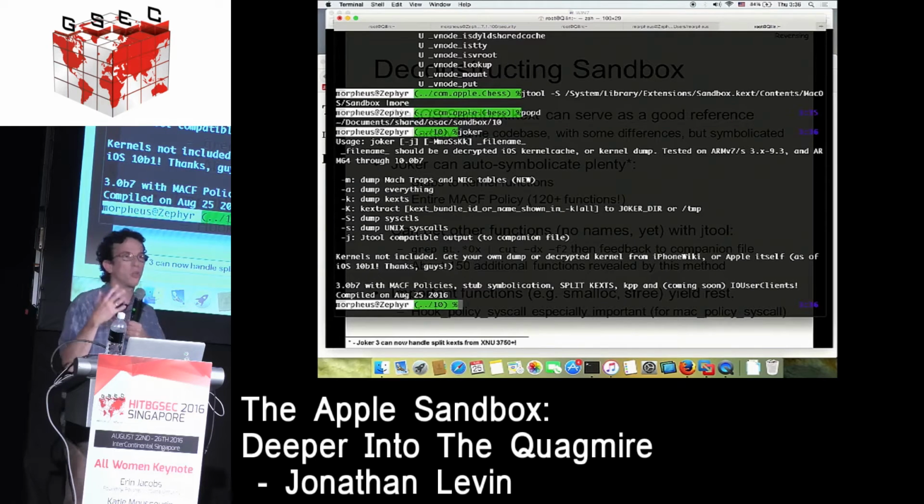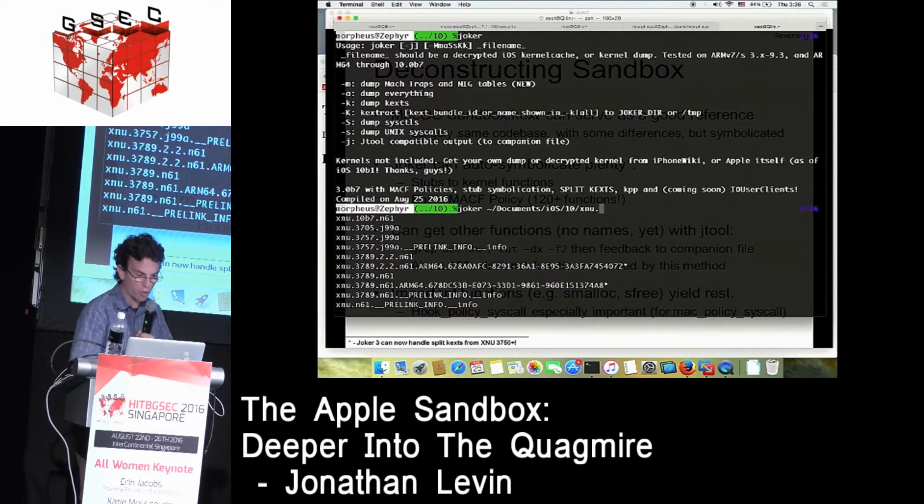And Joker, really, the sole raison d'etre of this tool is to analyze kernel caches. That's why I wrote it. And it's very, very useful because then you can say, give me, for example, on iOS 10 — so I think I have one or two here — iOS 10. And then you'd be looking at XNU of whatever version. So XNU's 3789. Or actually, let's make it the latest, which is